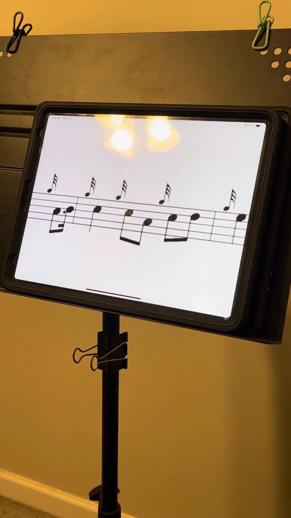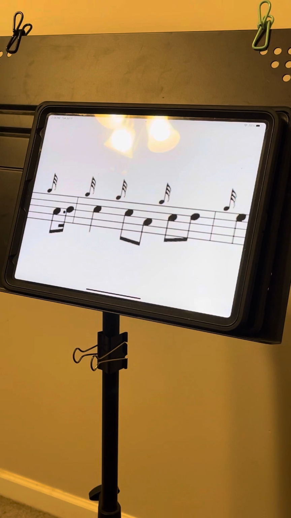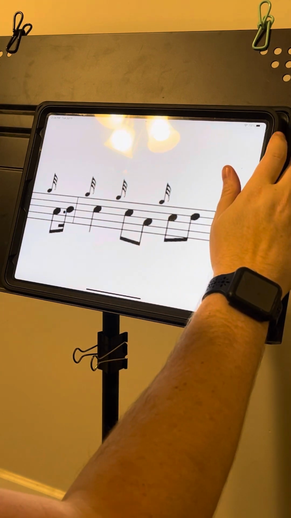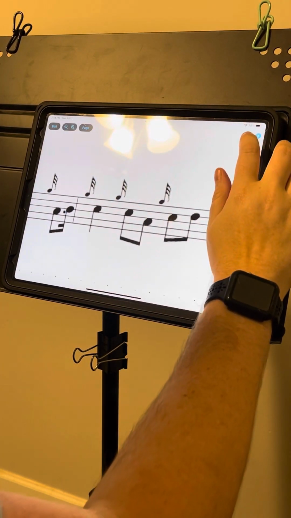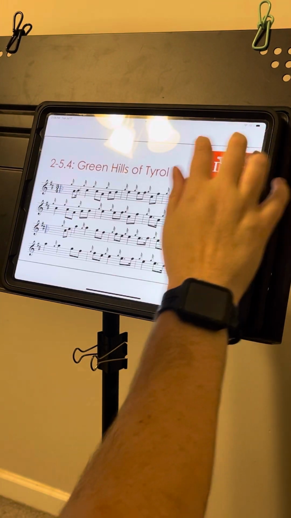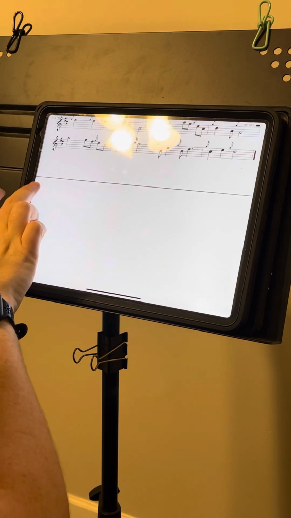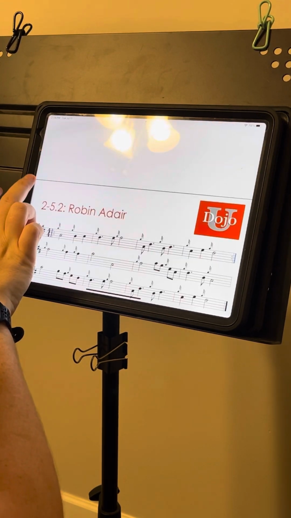Hi again, Nancy Irwin here, and I had a request from someone to see what this looked like in a performance scenario. This is not actually a performance scenario. This is going to be a practice scenario, because I'm going to take you to a tune that I know, so I actually sound better, because I don't want to sound terrible on here. But anyway,